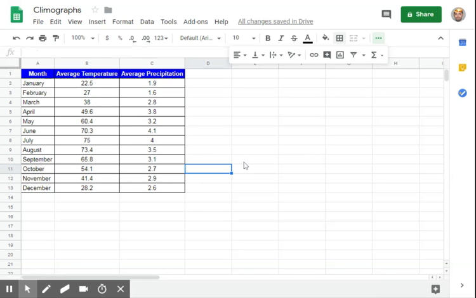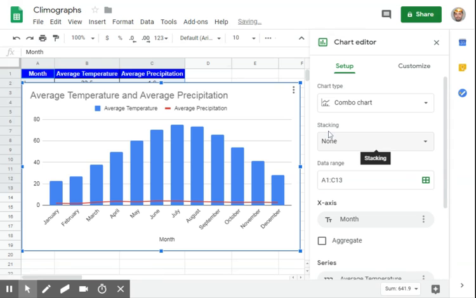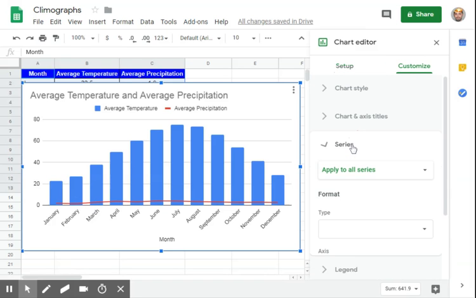All right, the next thing we're going to do is create our chart. So let's highlight the range A1 to C13 and insert our chart. Now you can see the chart that it chose for us is the combo chart. This is actually the chart that we're going to go along with, but we're going to customize it a little bit. So if we go to customize, we want to go to series,